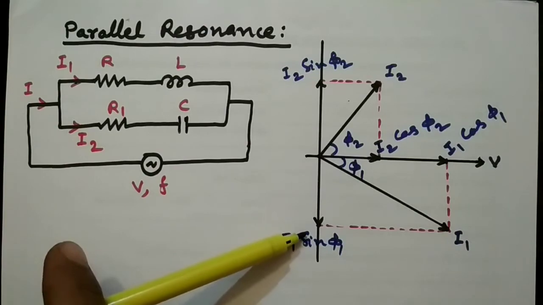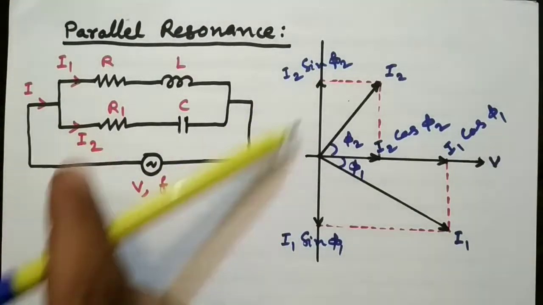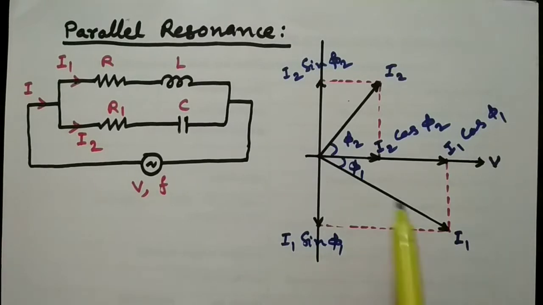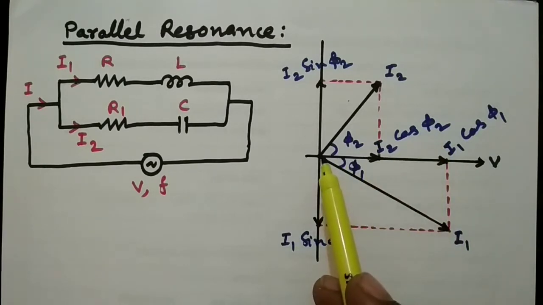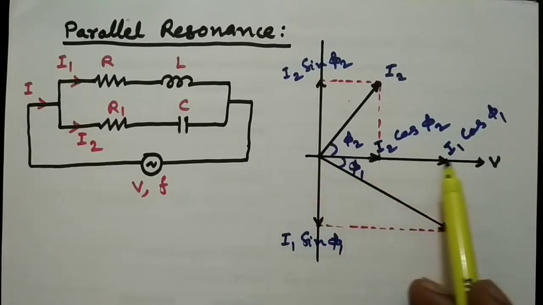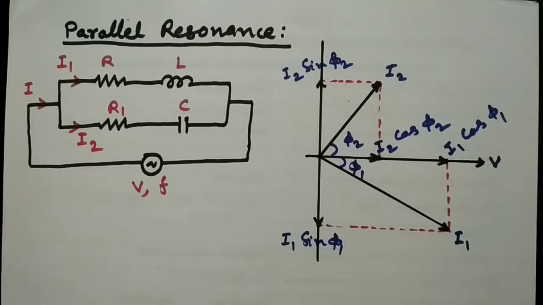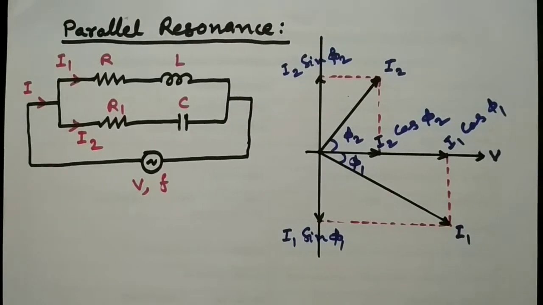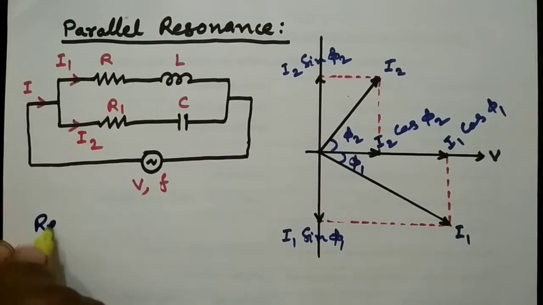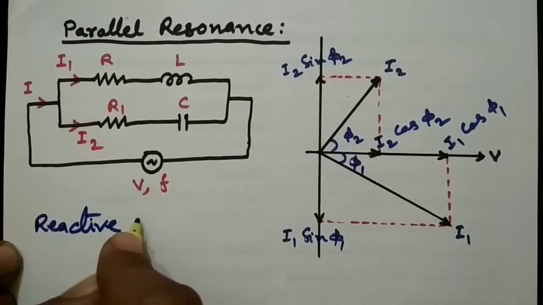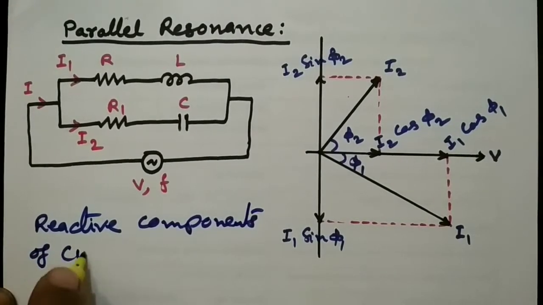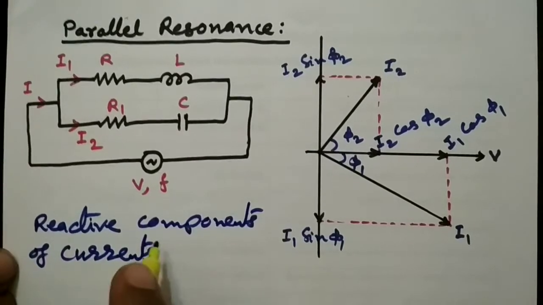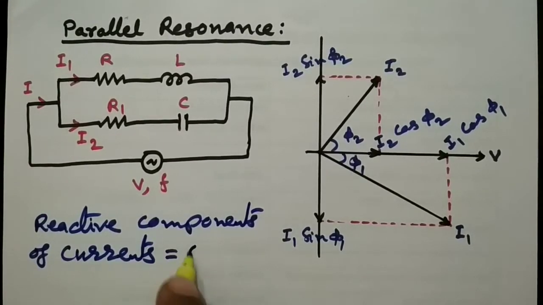So once I1 sin phi 1 and I2 sin phi 2 cancel each other, the current in the circuit, that is I1 cos phi 1 and I2 cos phi 2, will only be present, and these currents will be in phase with the supply voltage. Therefore, for a parallel resonant circuit, the condition is that the reactive components of current should be 0,